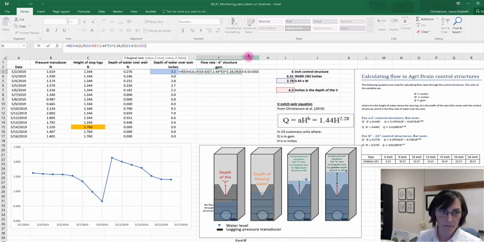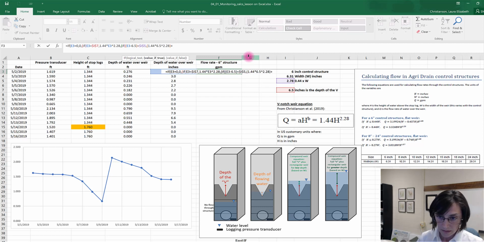Okay, and that's why that's part of my equation. So if the depth of water minus the depth of the V is less than that condition, 0.44 times W, then I do my V-notch weir equation, 1.44 times 6.5, the depth of the V raised to 2.28,